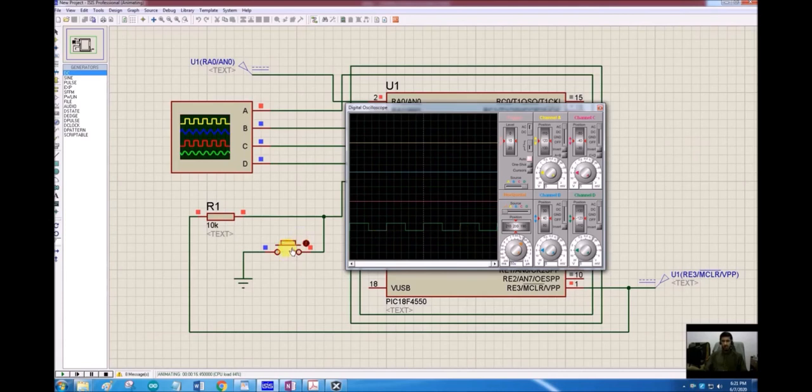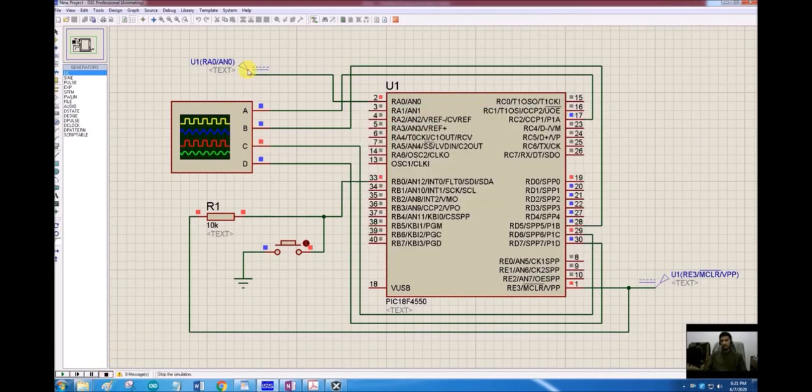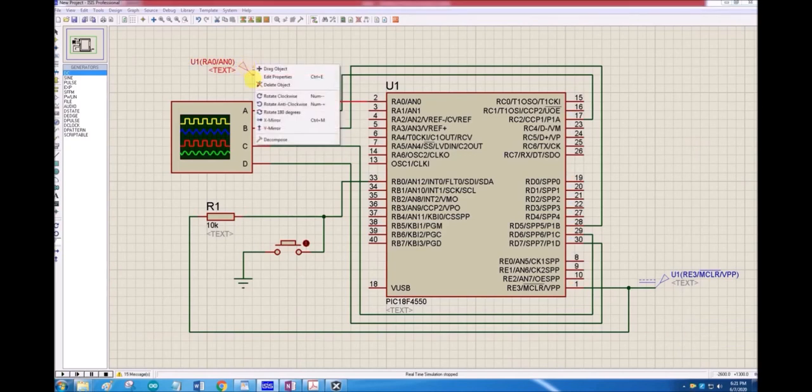If I press this button, this 50% duty cycle waveform will be shifted to port E, and port C will be high and A and D will become inactive. So let's change the duty cycle. Let's connect a potentiometer instead of this analog input source, or let me even do a more interesting thing.